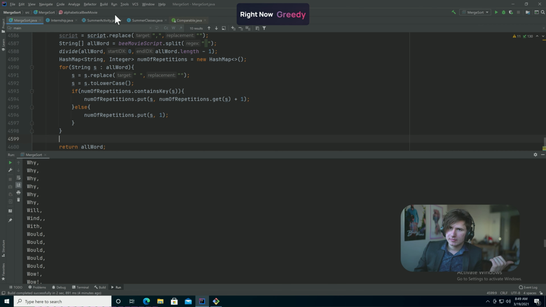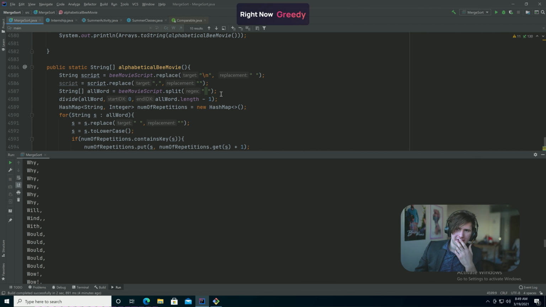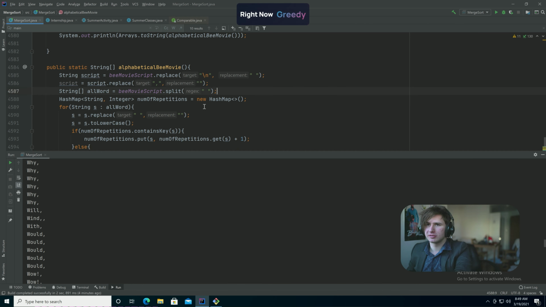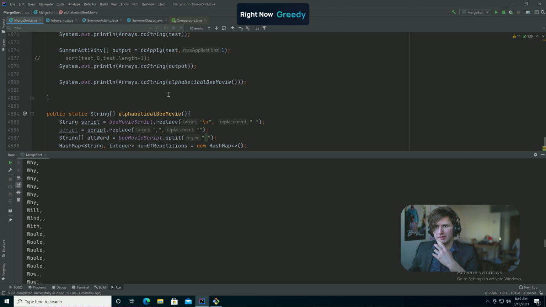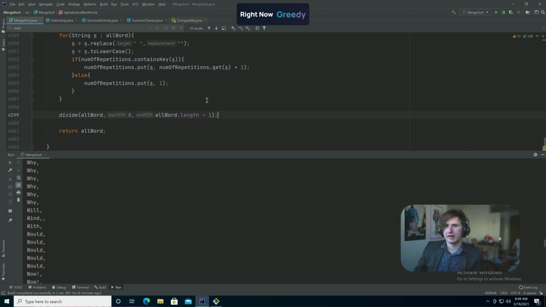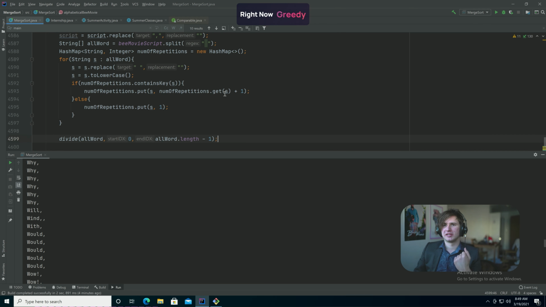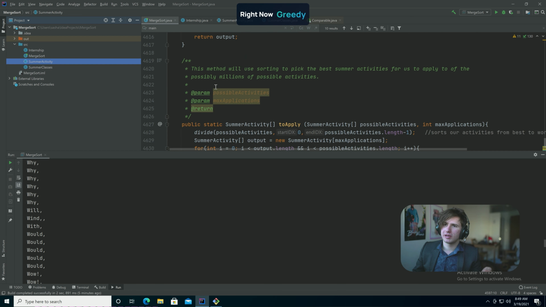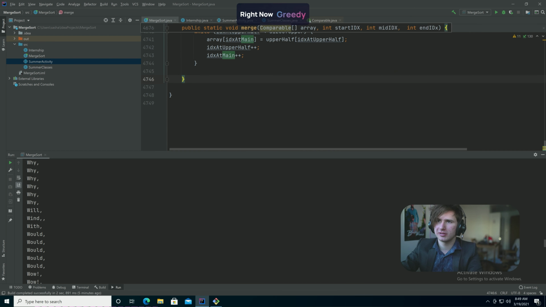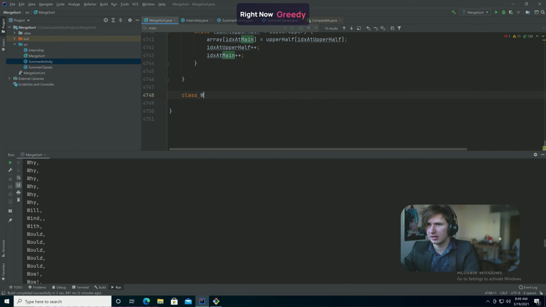So we've sorted our array. We've put everything in. So instead of sorting it now, we can sort it afterwards. But instead of sorting it by the alphabetical order now, we can now sort it by the number of repetitions. So to sort it by the number of repetitions, we'll have to go through our map, and we're going to have to get a pair of our string and our number of repetitions. Now we could do this if we wrote our own hash map, or we can create a little class here, which is also comparable. So let's say class word